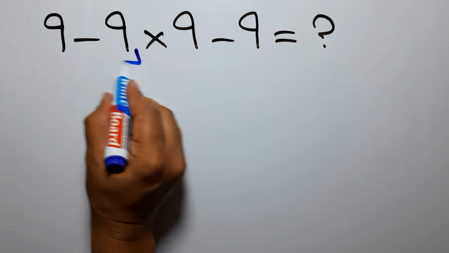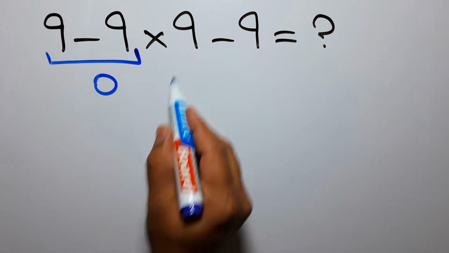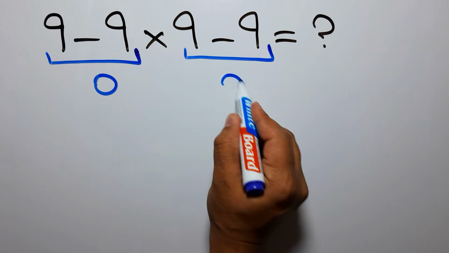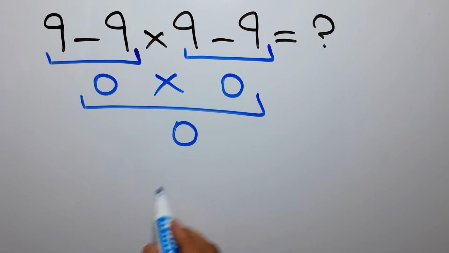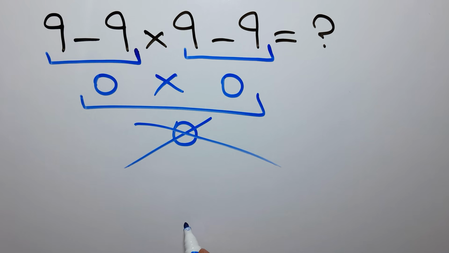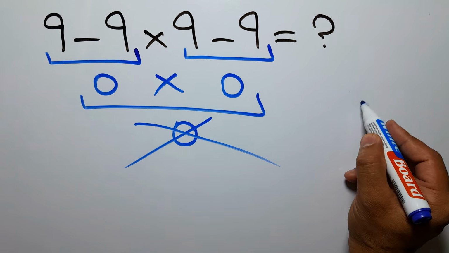9 minus 9 gives us 0. And again here we have 9 minus 9. So 0 times 0 is just 0. But this answer is not correct, because according to the order of operations, which is PEMDAS,